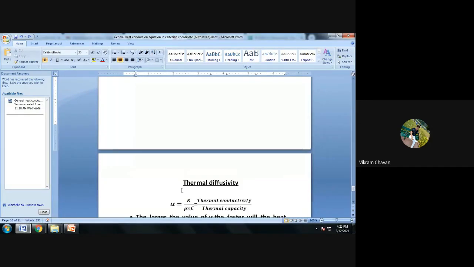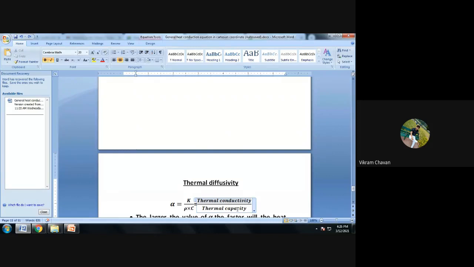Getting everyone? Now further, the thermal diffusivity. What is the significance of thermal diffusivity? Important points. Just now in the derivation we have discussed this formula, k by rho c, called alpha, which is called thermal diffusivity. What does it signify? Initially we discussed the definition of thermal diffusivity as the ratio of thermal conductivity to thermal capacity. Thermal conductivity means k and thermal capacity means rho multiplied by c.